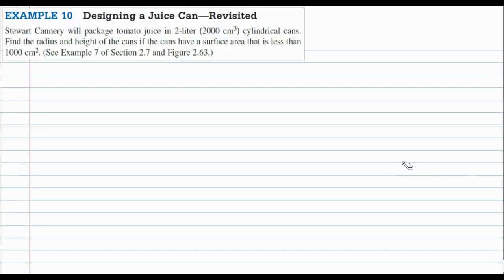This is a screencast for section 2.8, example 10. We're going to be designing a juice can again. The Stewart Cannery will package tomato juice in 2-liter, or 2,000 centimeter cubed, cylindrical cans. Find the radius and height of the cans if the cans have a surface area that is less than 1,000